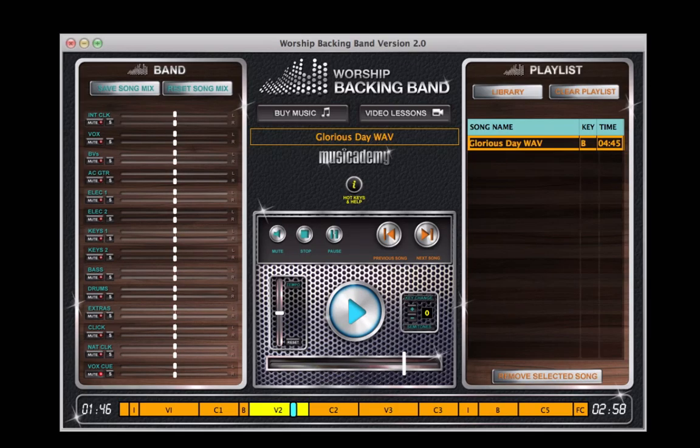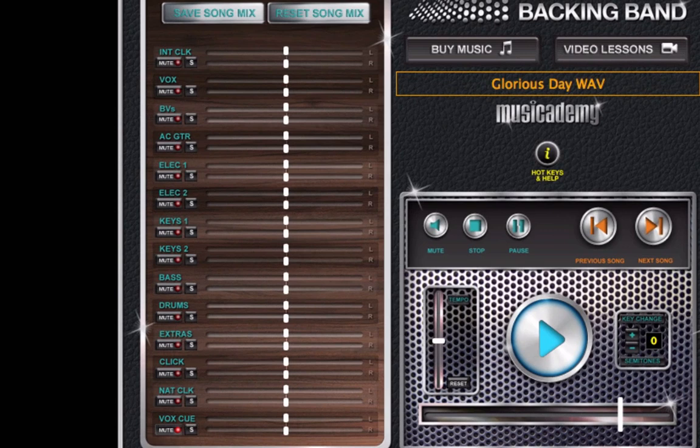With Worship Backing Band we give you the best audio too. So there's 14 stems of high definition WAV audio, including lead and background vocals, acoustic guitar and 2 electric guitar parts, 2 keyboards, bass, drums, an extra stem containing other instrument parts to help fatten the sound, plus a full-length click track, a shaker click for those who don't want to use the left-right monitor mixes,